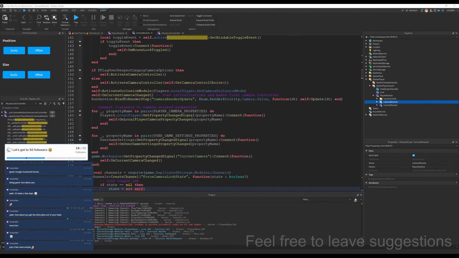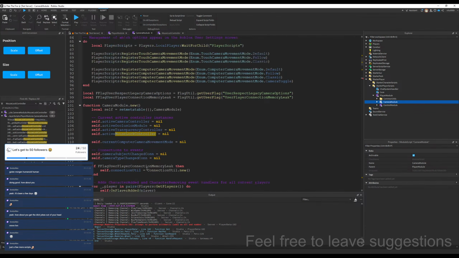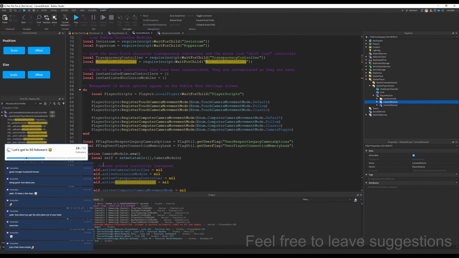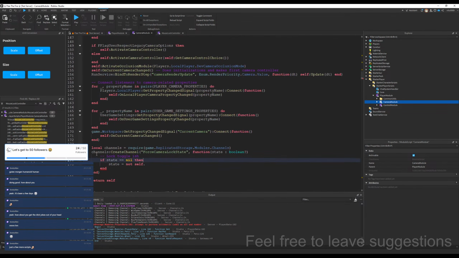Nothing good to look at. Very bad. Dot. No, so okay, where is it? The self right here is referring to the camera module. So what if I go and check the